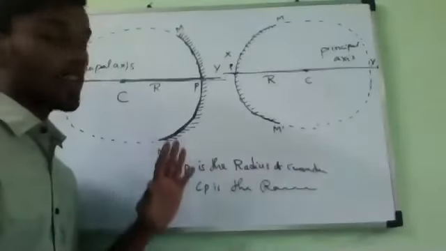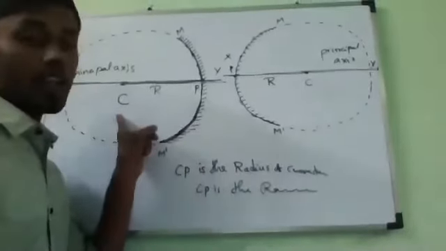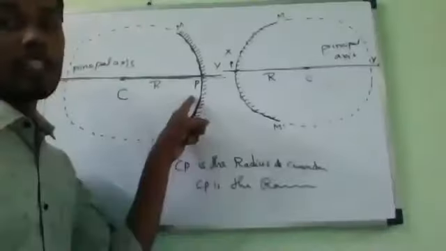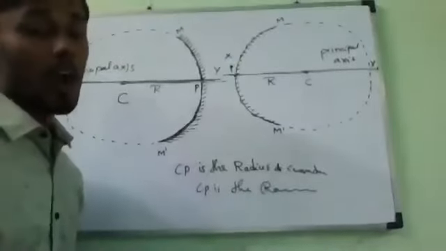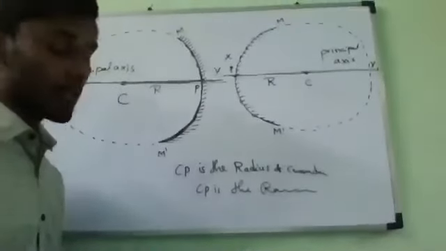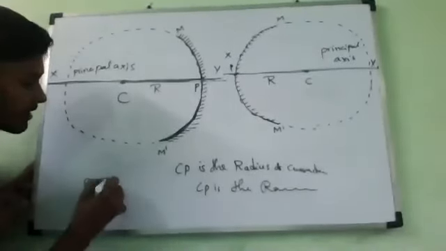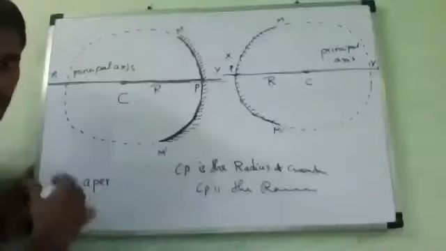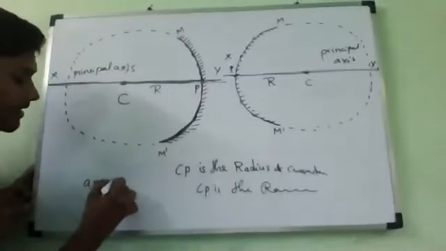So this is all, you understand. First center of curvature. Next, pole. Next, principal axis. And the last terminology which you should remember here is the aperture of the mirror. What we should call them? Sir, what about focus? Focus will come next. You don't study it now. Understand? Okay.